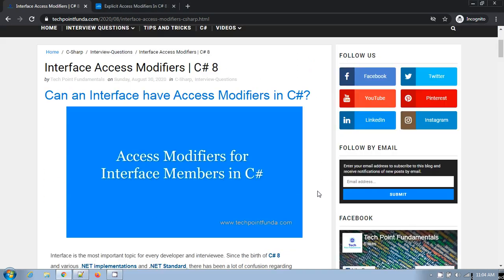Right. So today we will learn what is the difference between these access modifiers, whether you can specify them for any interface member or any type explicitly or not.